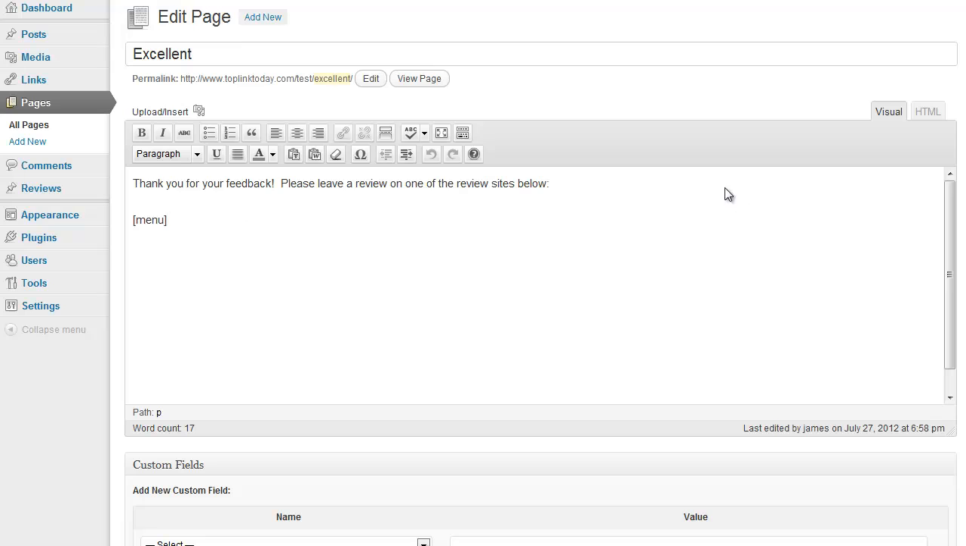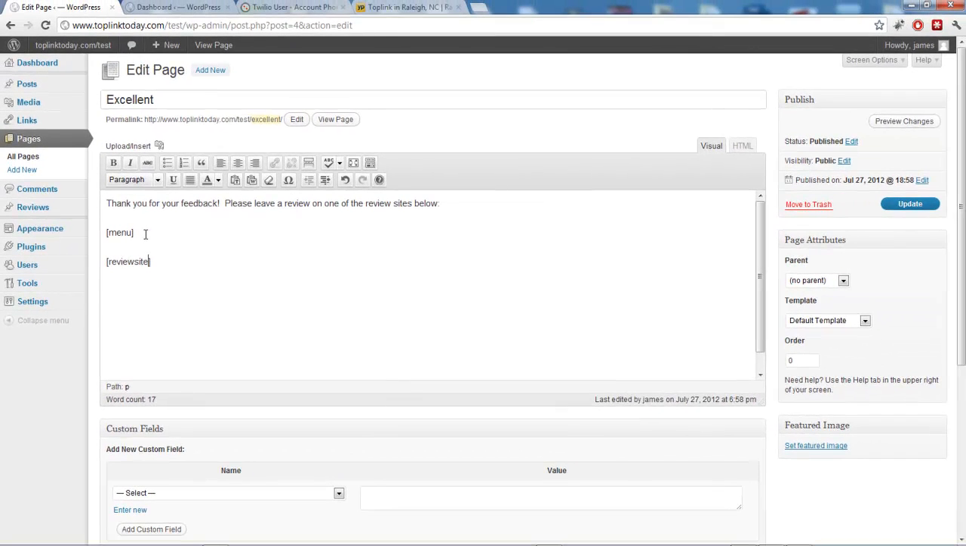And for the excellent page, you just want to say something like, "Thank you for your feedback, leave a review on one of the review sites below," and then you use the menu. And if you wanted to, you could also embed a review site there as well, if you wanted to show one of the review sites. So you could do review site,